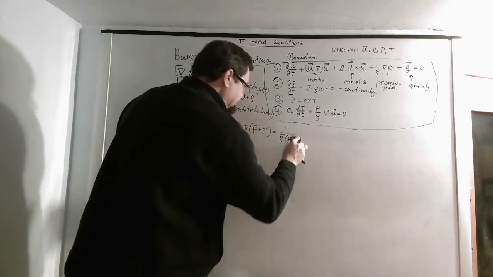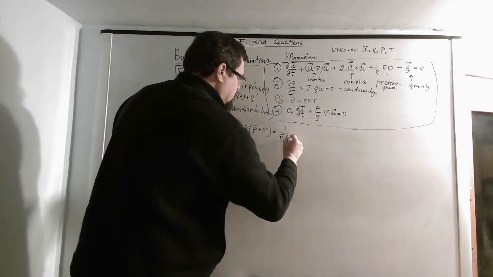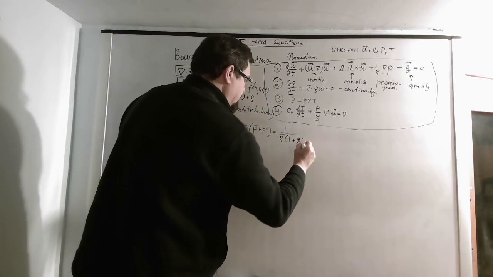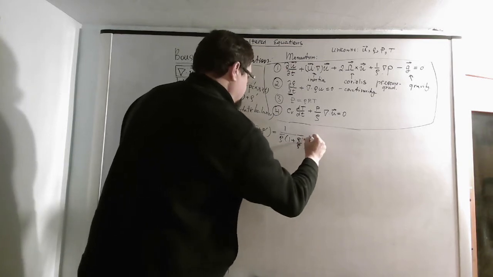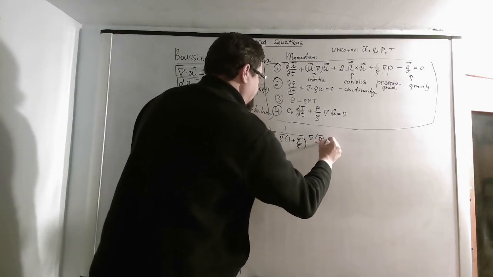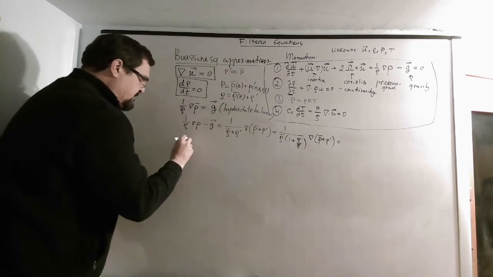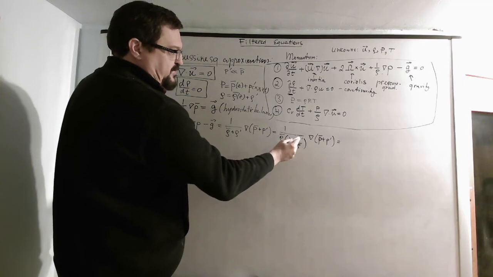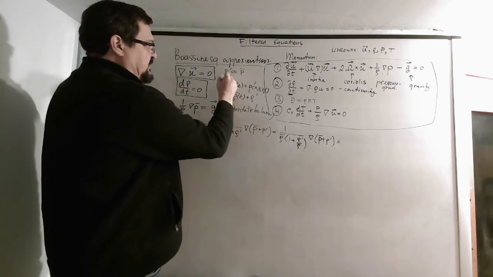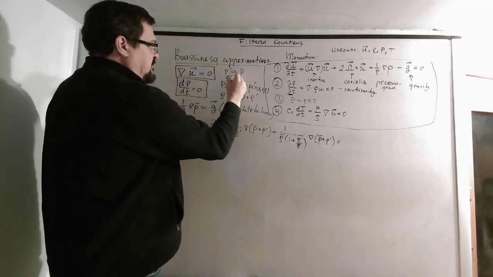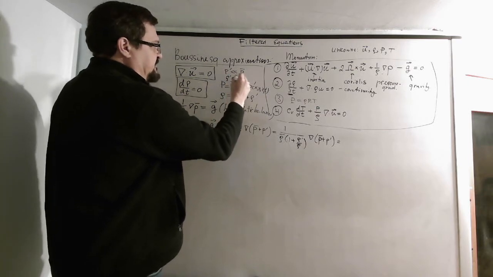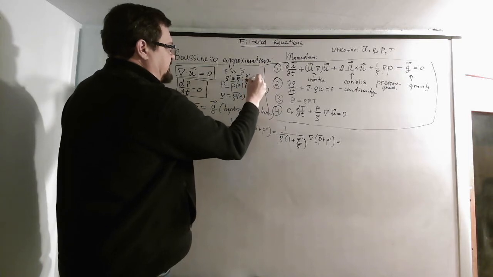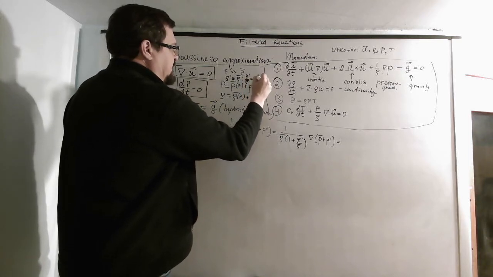It's 1 plus rho prime over rho bar, times gradient of P bar plus P prime. Because rho prime over rho bar equals some epsilon, which is much smaller than 1,